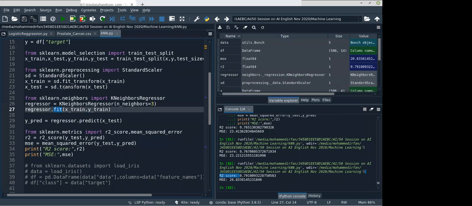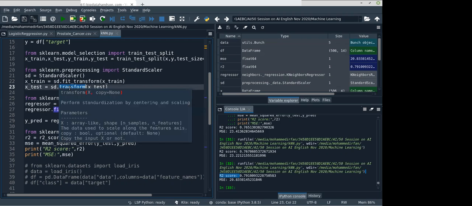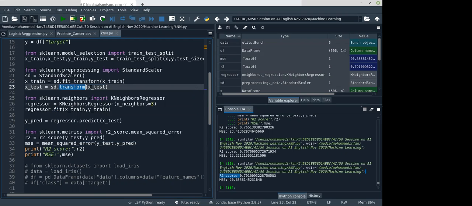Then transform will apply the equation. For example, y equal to mx plus c: fit will calculate the slope and constant, and then transform will apply them to every data point we provide.